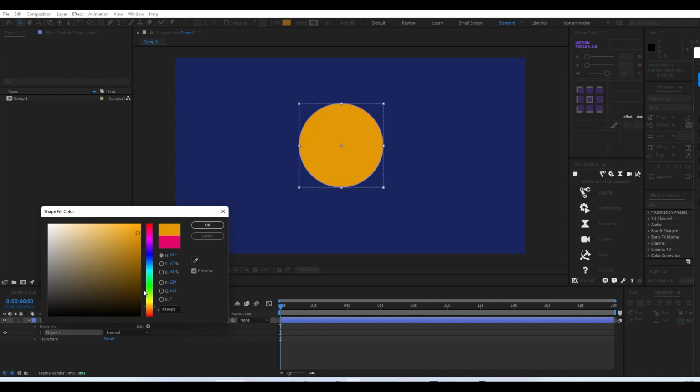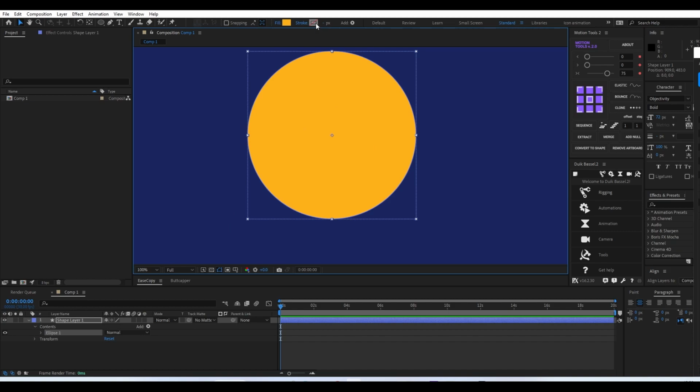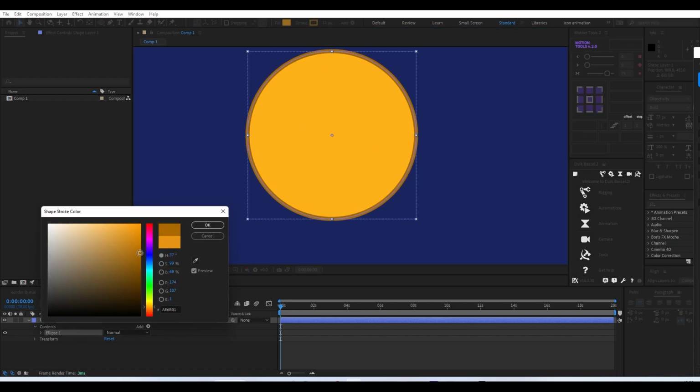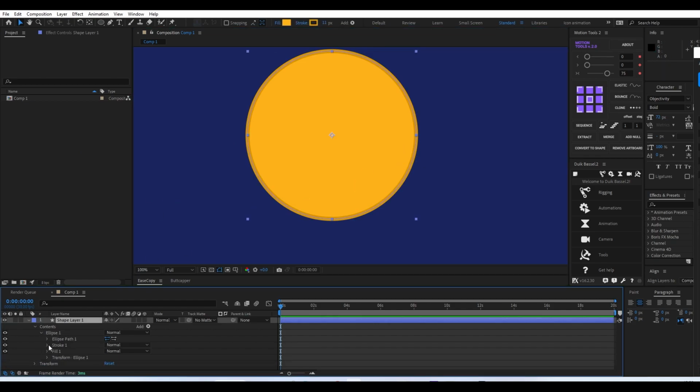a nearly golden yellowish color for the fill color, and you can use any color, like if you are looking at a silver color, you can do that as well. And for the stroke color also, I'm doing a darker golden color. After that, once that is done, you can select the layer and go to the ellipse contents, and